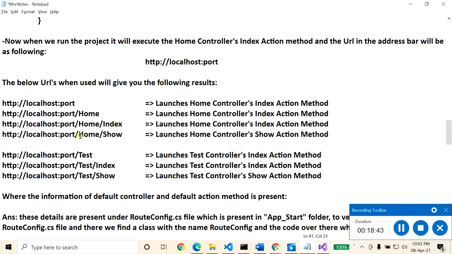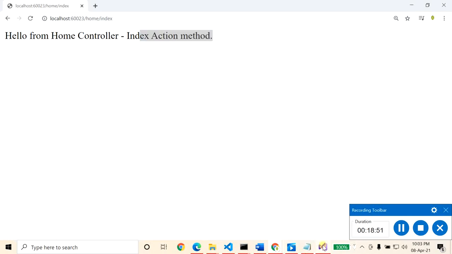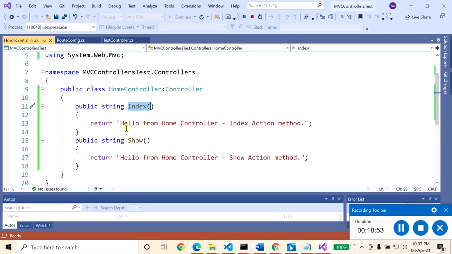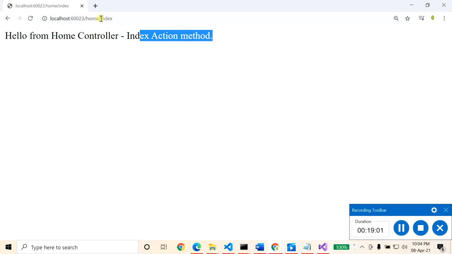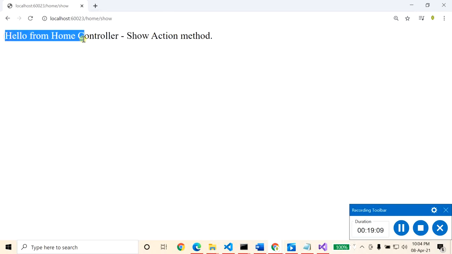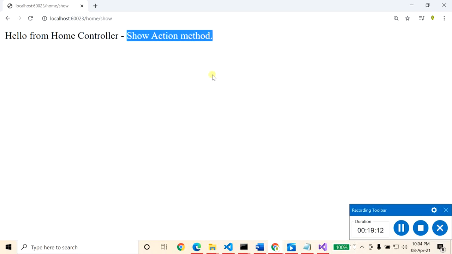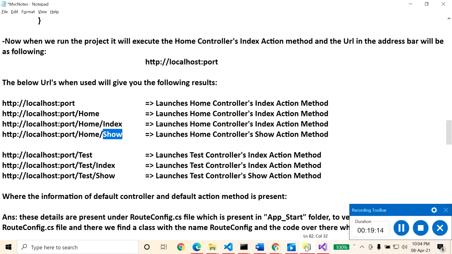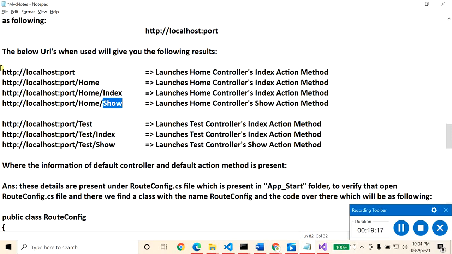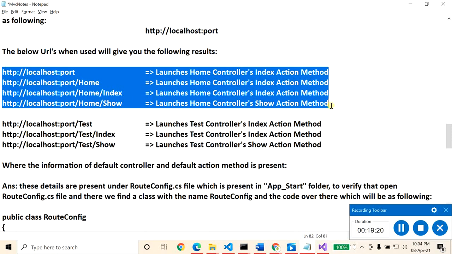Next, if you want to access the home controller's show action method, then you have to make a change in the URL: home/show. Now you can see: hello from home controller show action method.